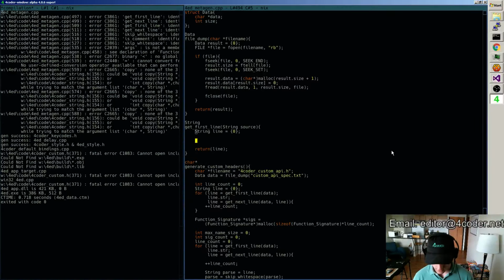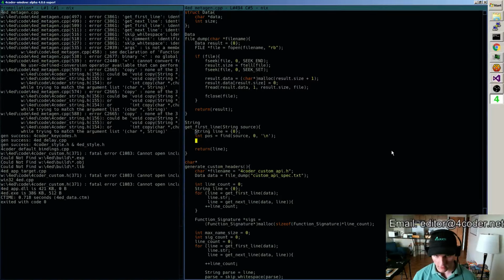And to do that, I need to do the line, or let's do int position equals find inside the source, starting at position 0, the first new line character, right? And that'll search along until it finds that new line character.